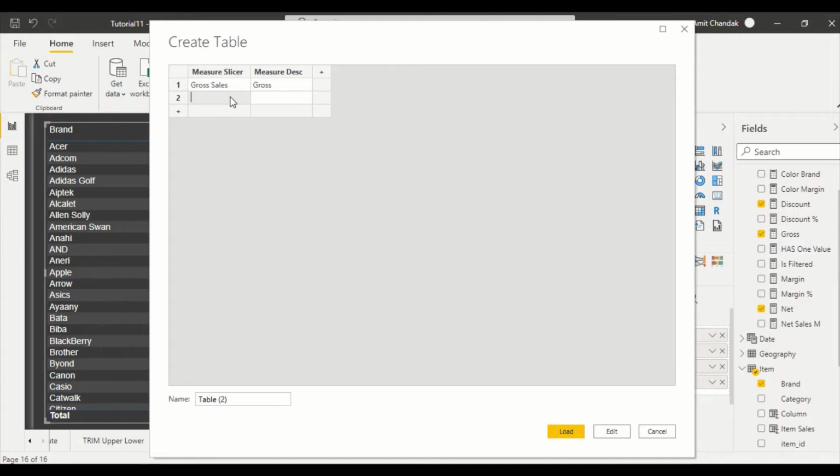Now second thing, let's say I have net sales, and I'm going to call it net. And then the third thing which I have is discount amount, and I will call it discount. Now, whatever you display from here, the other one we can get using the selected value. So we can do that.